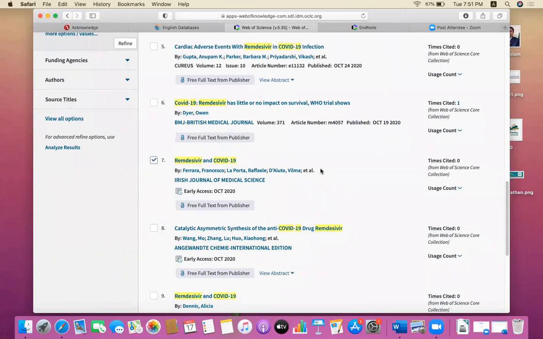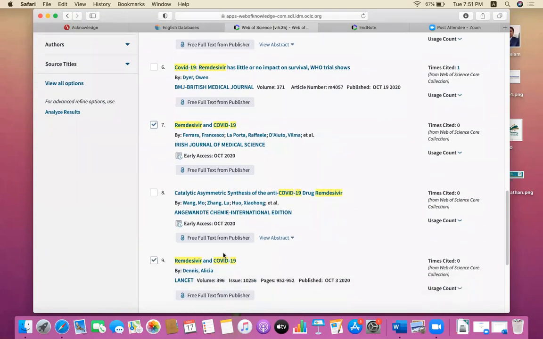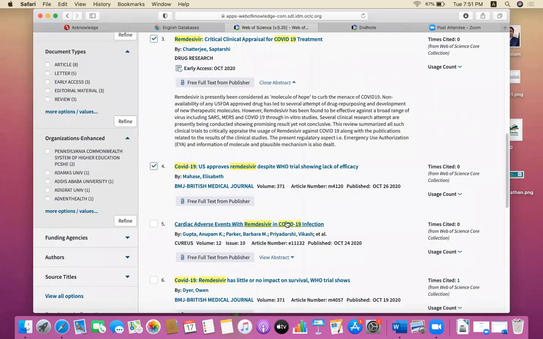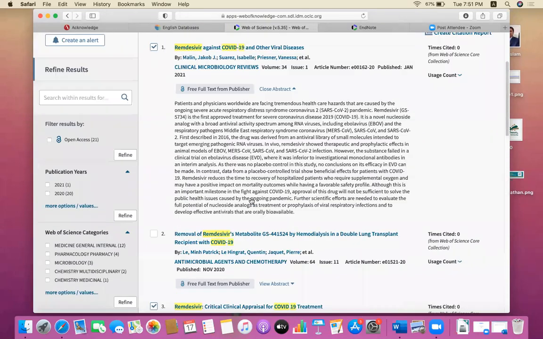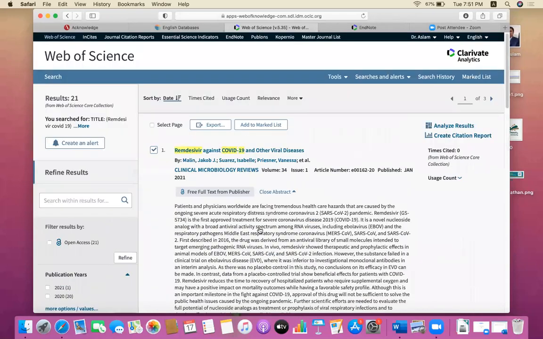I have selected this article because they indicated that remdesivir has been approved, with a brief prior history. So I have to add these references to my research work.